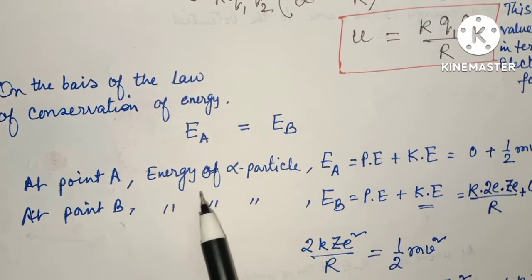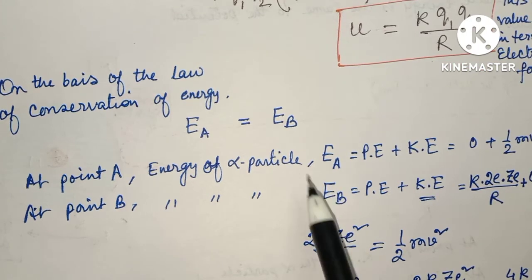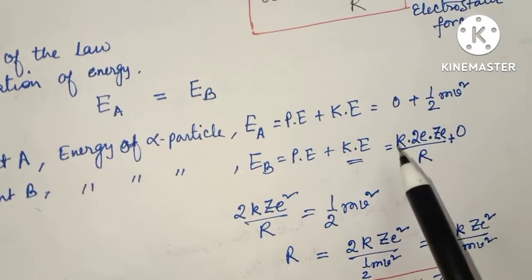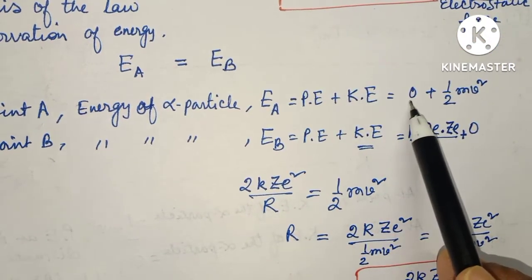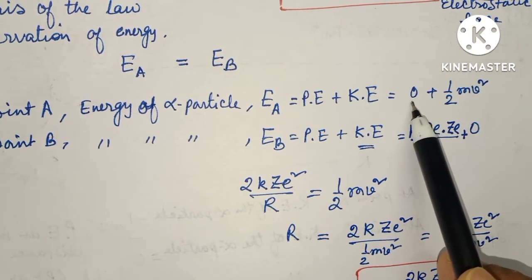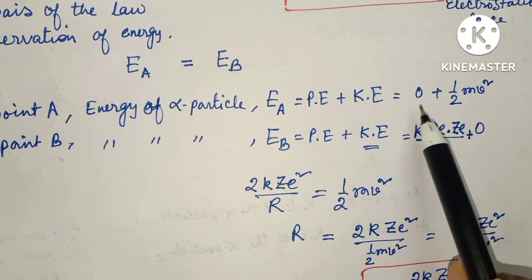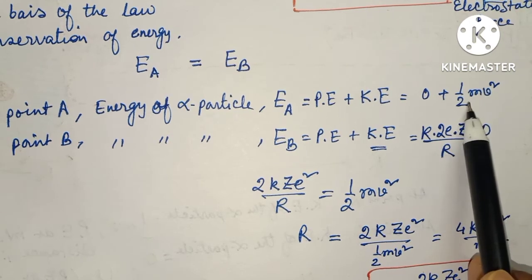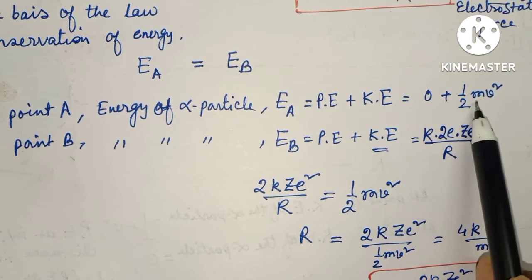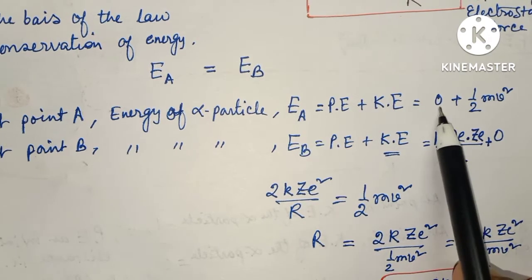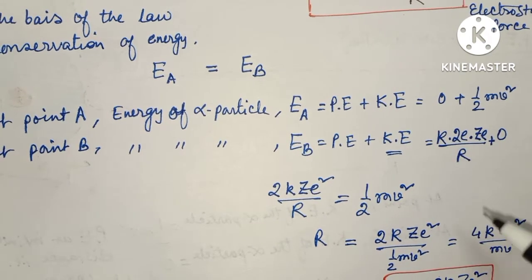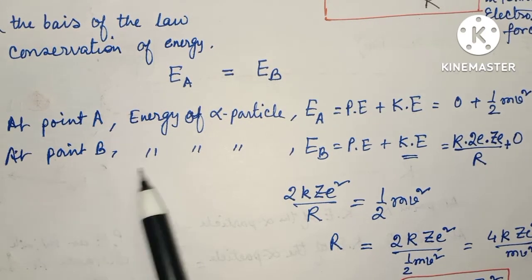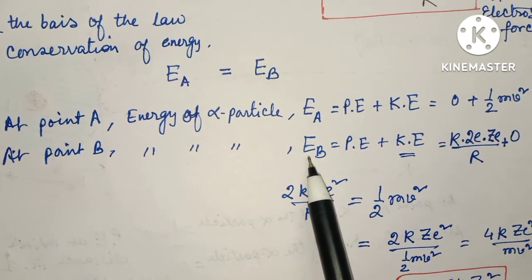So at point A, the energy of the alpha particle, E of A, can be represented as the summation of potential energy and kinetic energy. At infinite distance, potential energy will be 0, and kinetic energy will be half mv square. Hope you understand why it would be 0: at infinite distance the alpha particle has no potential energy, it has only kinetic energy. And at point B, the energy of the alpha particle can be represented as